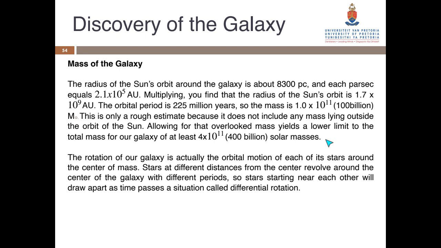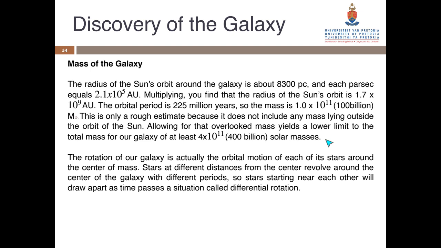So the radius of the Sun's orbit around the galaxy is about 8,300 parsecs. And each parsec equals 2.1 times 10 to the power 5 AU. Multiplying, you find the radius of the Sun's orbit is 1.7 times 10 to the power 9 AU. With the orbital period of 225 million years, the mass is about 1 times 10 to the power 11, so 100 billion solar masses. This is only a rough estimate because it does not include any mass lying outside the orbit of the Sun. Allowing for that overlooked mass yields a lower limit to the total mass of our galaxy of about 400 billion